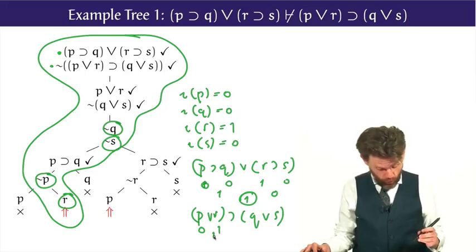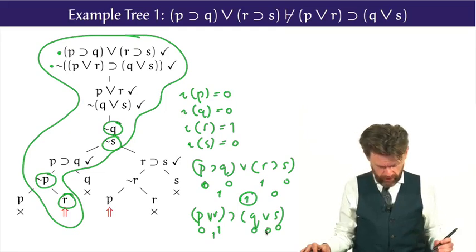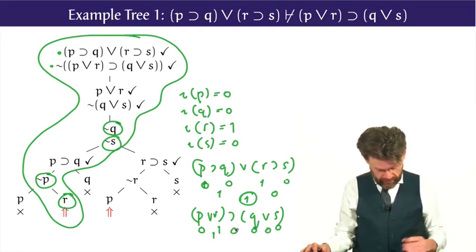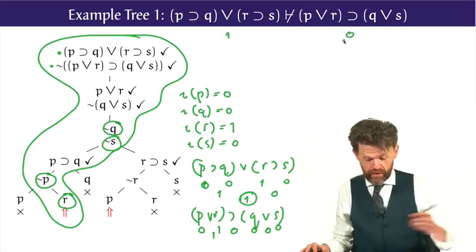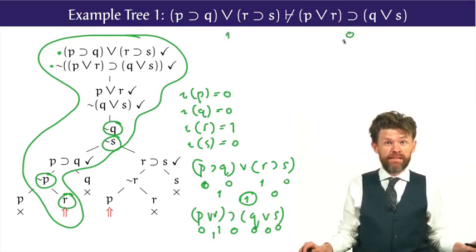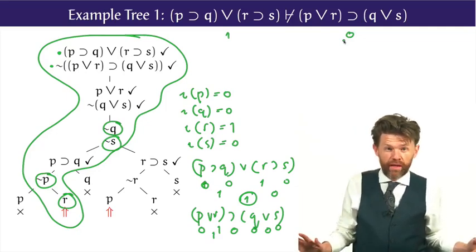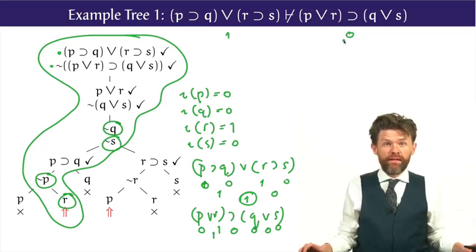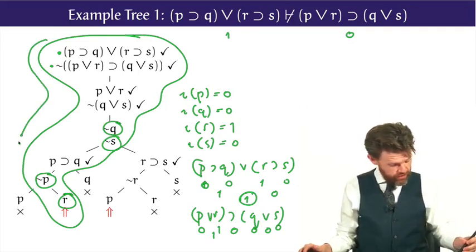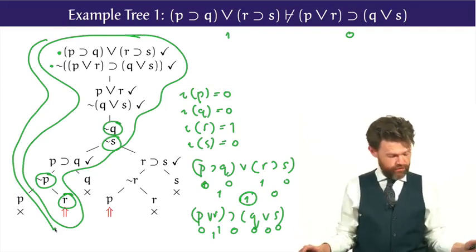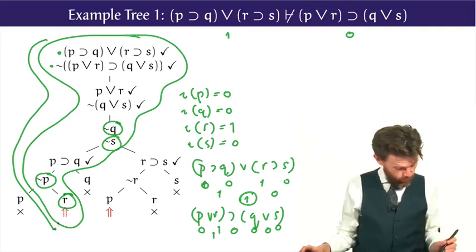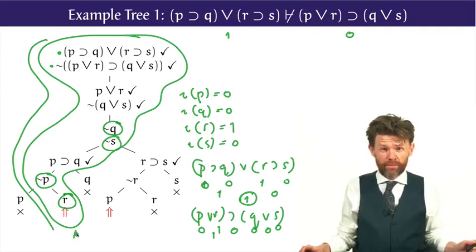And I see that Q or S is false because Q and S are both false. So in this case, the conditional turns out to be false. So the premise is true and the conclusion is false, and the argument is indeed invalid. We've shown that there's a row of a truth table which makes the premise true and the conclusion false. And we've done that by constructing this tree, rather than having to go through all of the 16 different rows of a truth table. And so we've got one row here, one branch which makes the premise true and the